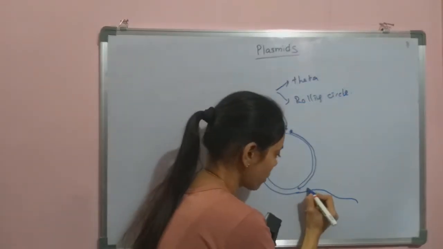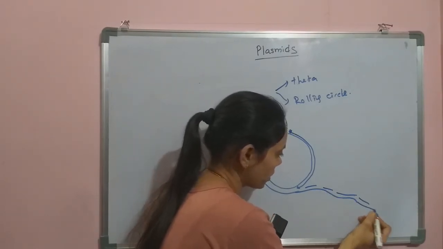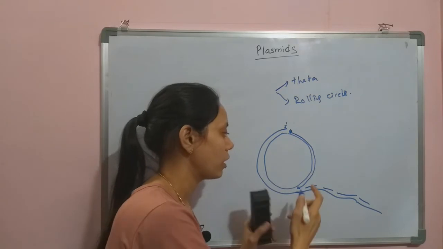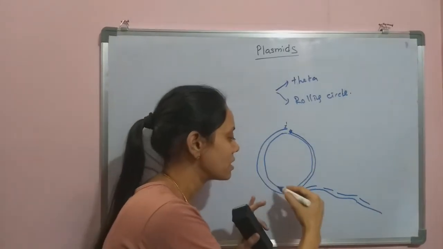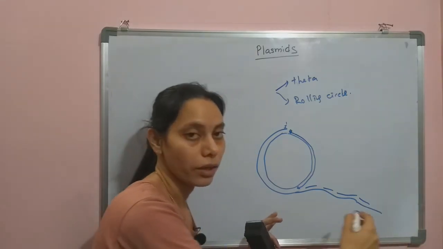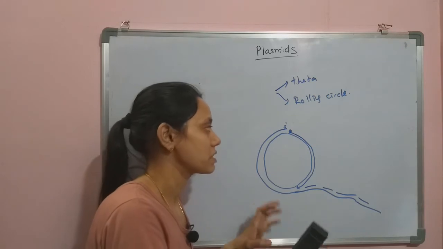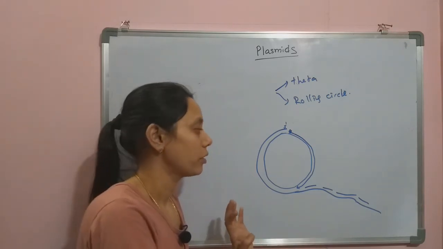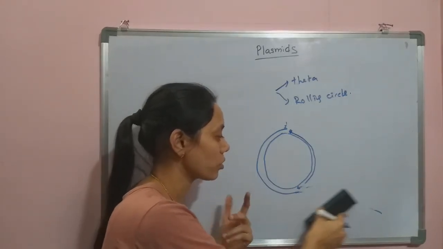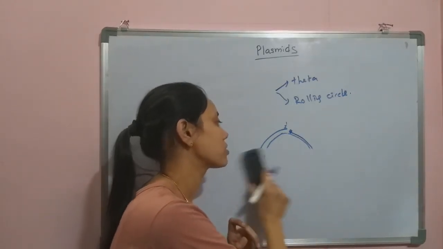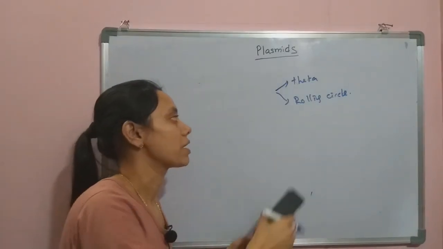This original strand will help us to maintain its complementary strand. So likewise this circular movement will go on, and this linearized DNA will again be synthesized for its complementary strand. This is called the rolling circle model, and the DNA will be copied into a number of copies. So that is how the rolling circle mode of replication will happen in plasmids.